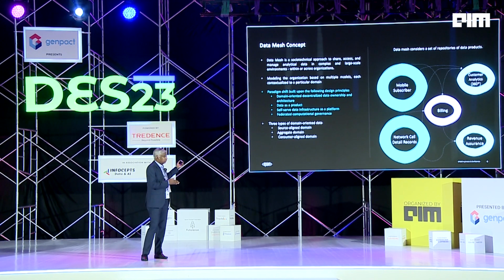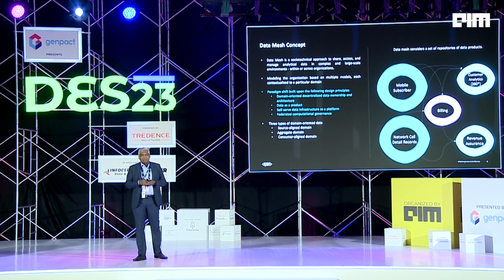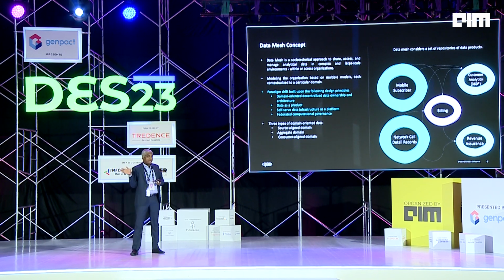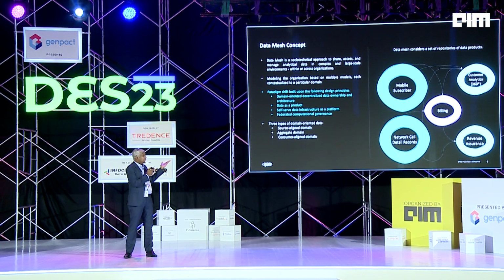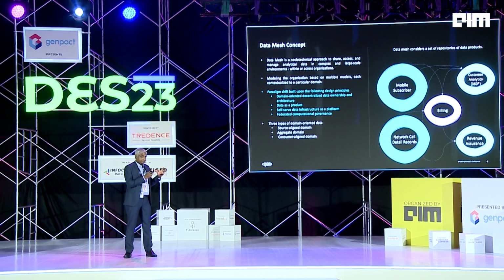If you look at it, even though the data mesh concept principles don't talk about differentiating between the source aligned and aggregate domains actually, when you start a project, typically when you start a data lake or a data warehouse project, you look at the data sources, etc., and align them against each domain so that the ownership is clear. For example, if you look at the right side, the mobile subscription part, which is more towards the CRM systems actually. So from a source alignment standpoint, there is an owner from CRM systems who will own that particular domain.